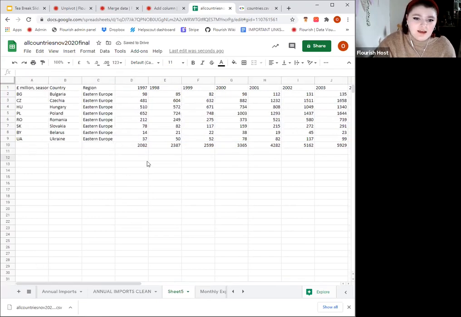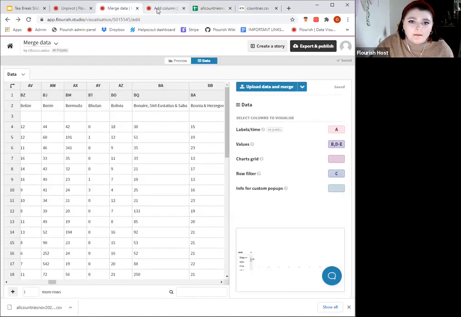You can do this for count as well, so you can do count, and you can do how many numbers are in this one. There's 8. There's 8 values. That can be really useful. If you have a really large data set, you can count how many rows are in something without having to scroll the whole way down to it.